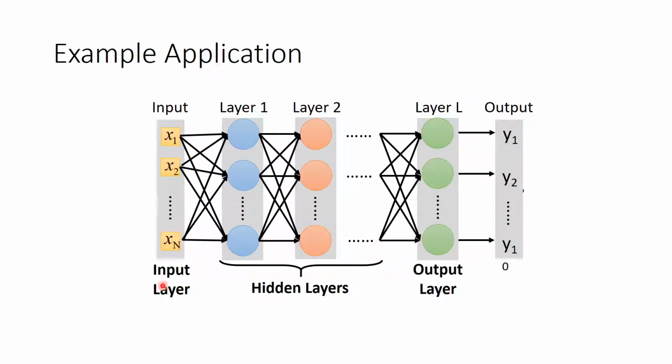And in the neural network we will have a lot of layers. We call them layer 1 to layer L, and this number depends on you. You can set a lot of layers, maybe 10 layers or maybe 100 layers, and the result will depend on how many layers you set. And